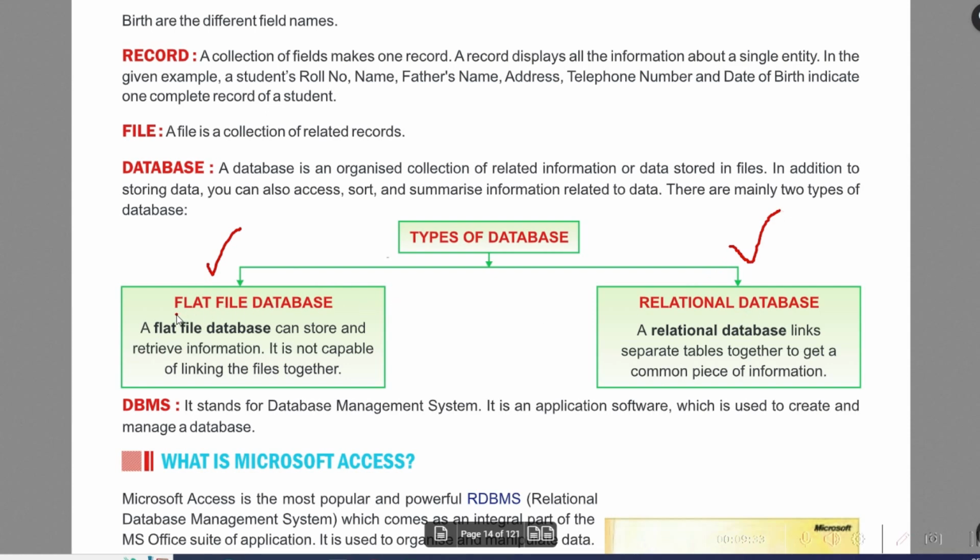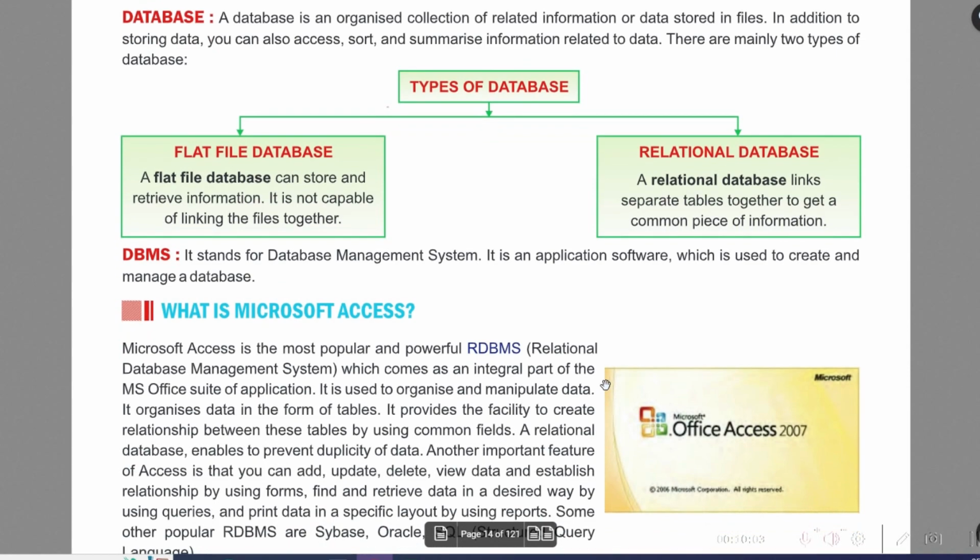Flat file, the name itself says flat file, flat. Okay, you can store the data, you can retrieve the data, but you cannot link the data with another data. I will explain what that means now. Okay, if you take a look at the relational database, it is there in the name itself, relational database. That means you can make a relation between 2 different databases. Okay, so you will understand all this when we take a look at the next example. Okay,